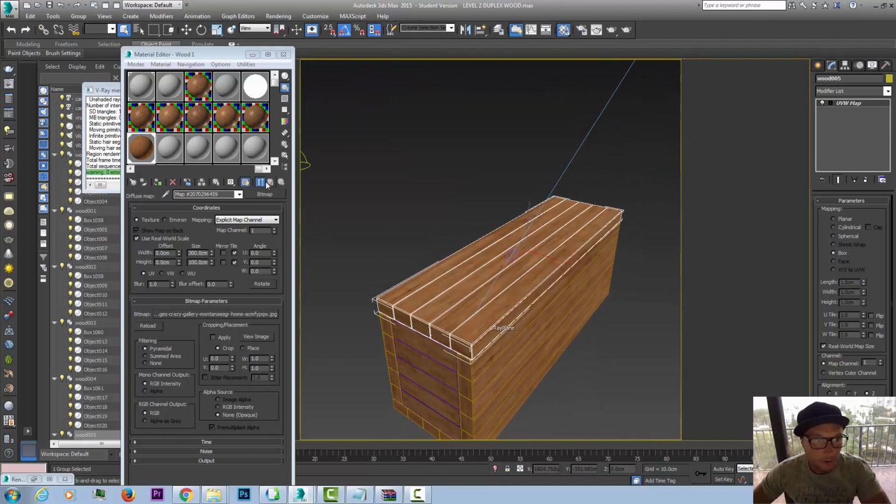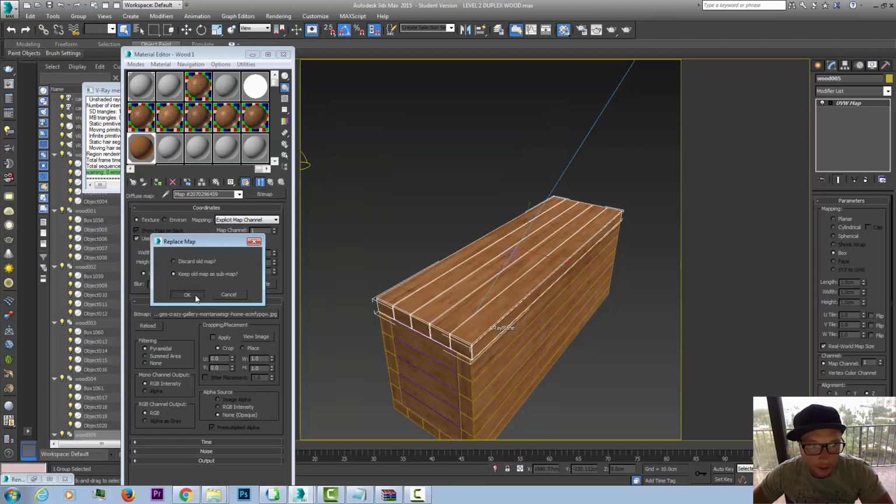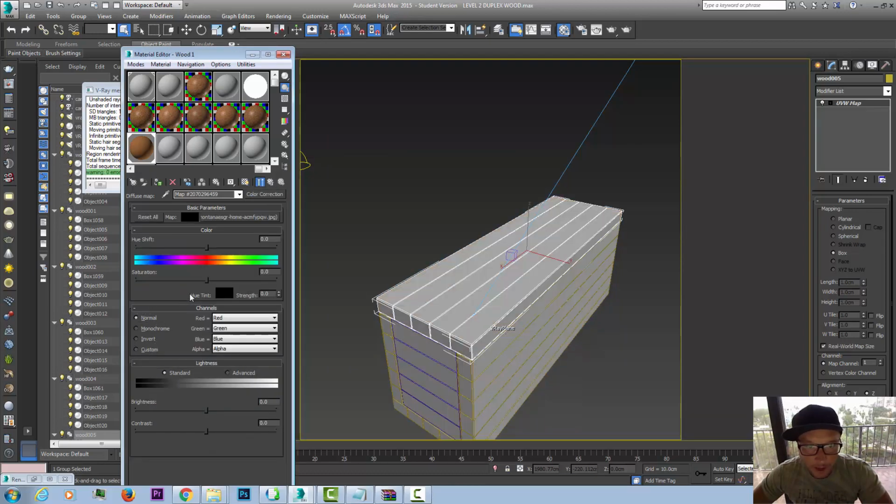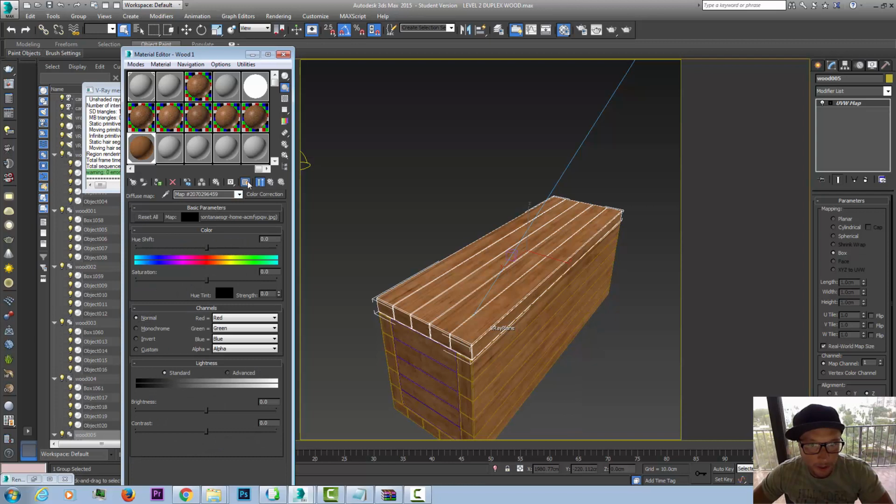All right, so after applying this, I need to add some color correction to my map. So I'm going to keep my old map, click back the show texture, and now if I change this one here, I can actually change my texture colorization. In order to give variation to wood, you will always have that sort of variation. So with the color correction,